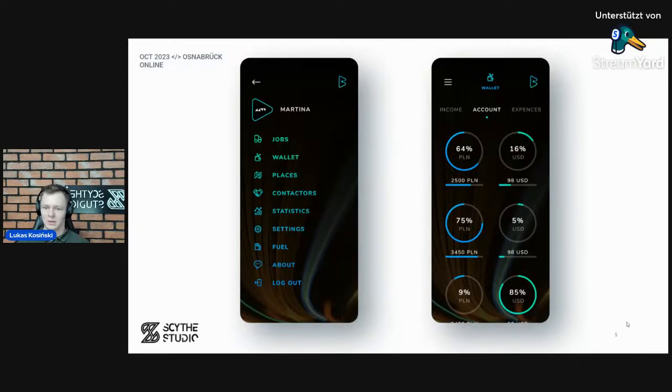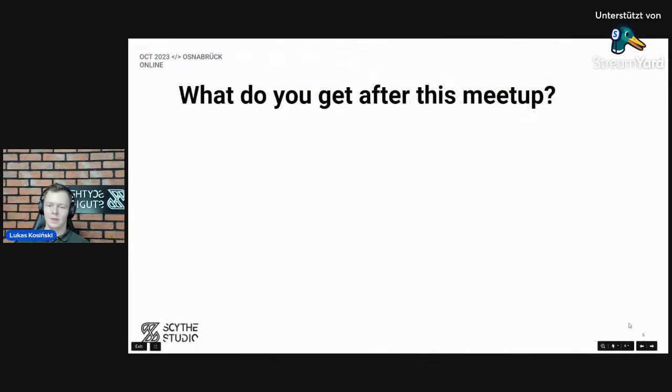This application is still installed on my phone, and from time to time I'm showing it to my clients just to demonstrate how cool a QML UI you can code. So what I want you to get from this meeting,